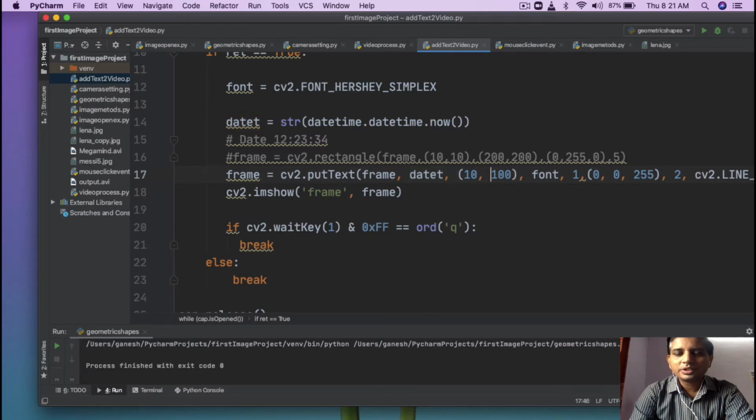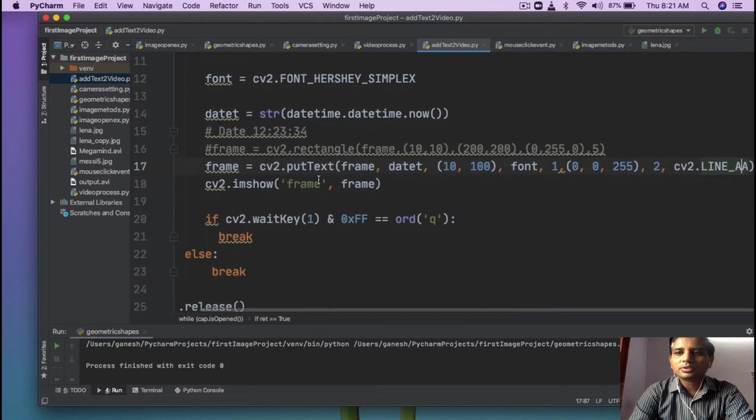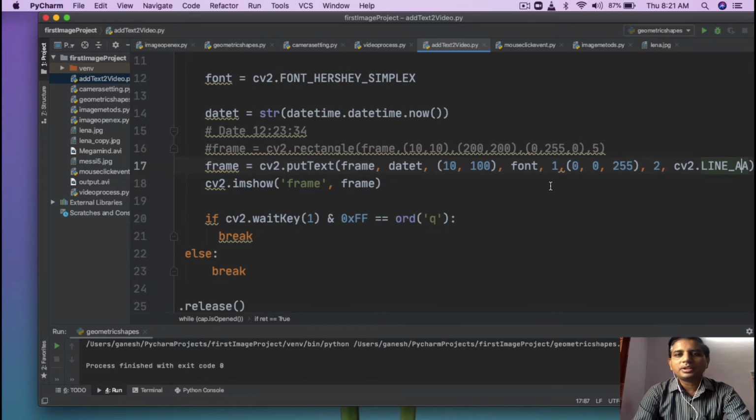The next argument is the starting point of your text. Next is the font, the next one is the font size, the next one is your color, the next one is your thickness, and the last one is the type of the line. cv2.LINE_AA is the type of line that you want to draw. This last one is optional.